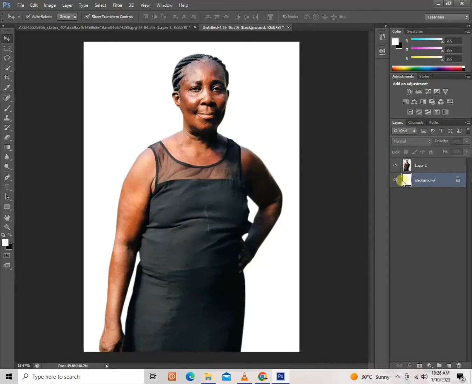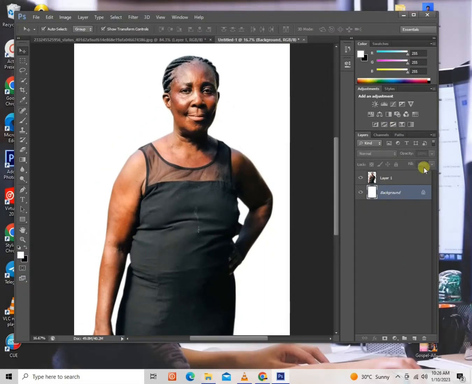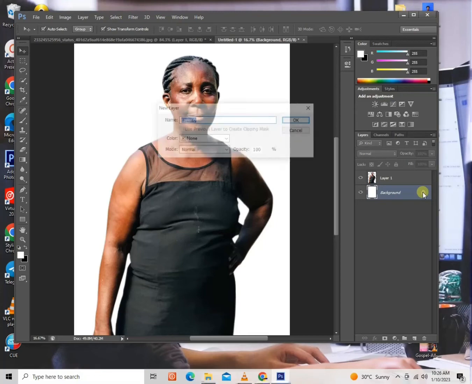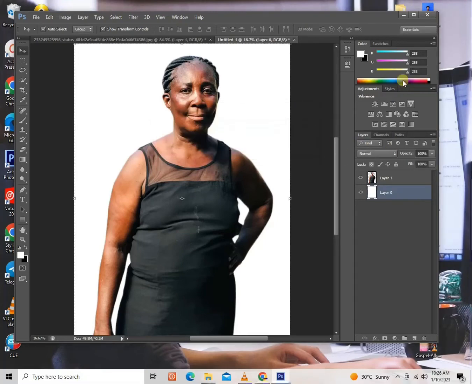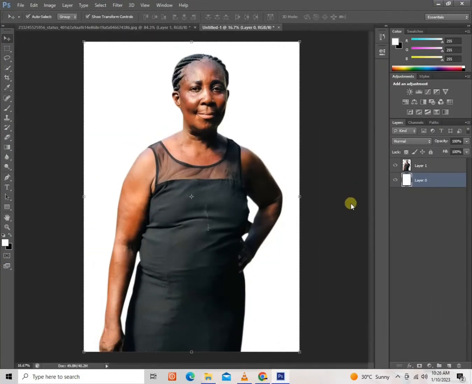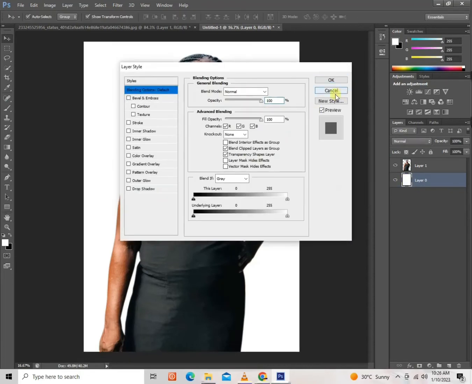So let's say I don't want white background. So you can use image as your background. You can use image as your background. So we are going to see how to do it. So I want to